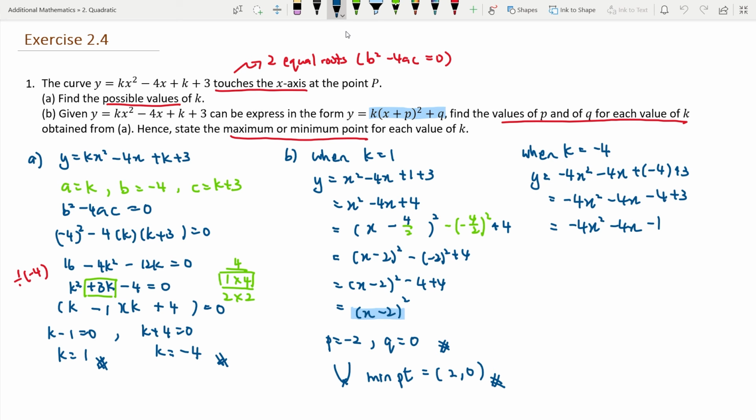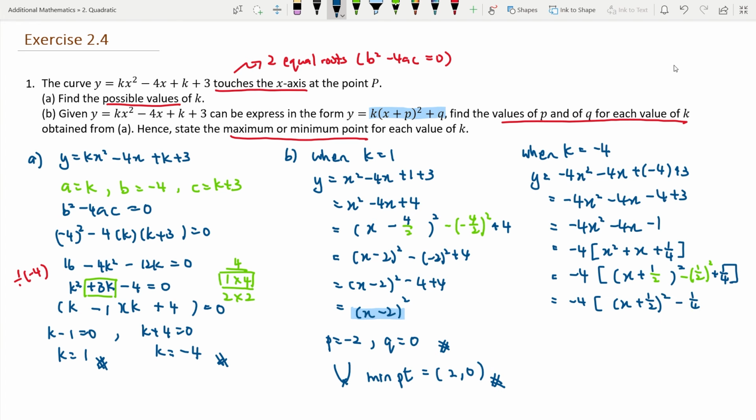For this case, we need to factorize the negative 4 outside the bracket. Negative 4, x squared plus x plus 1 over 4. We will do the completing the square inside this bracket. x here, square here, plus b over 2, minus 1 over 2 square plus 1 over 4. We simplify the equation. Negative 4 (x plus 1 over 2) square minus 1 over 4 plus 1 over 4,